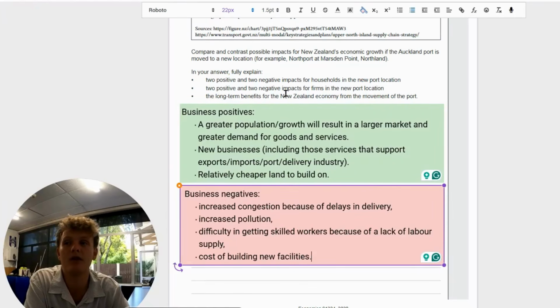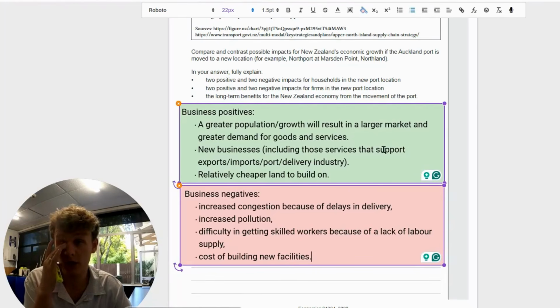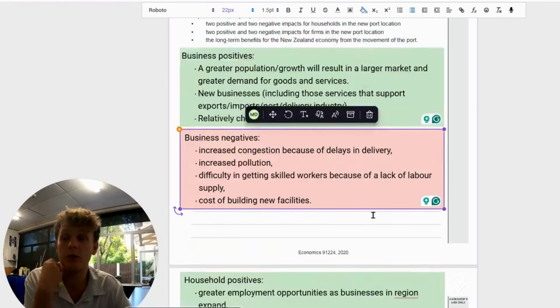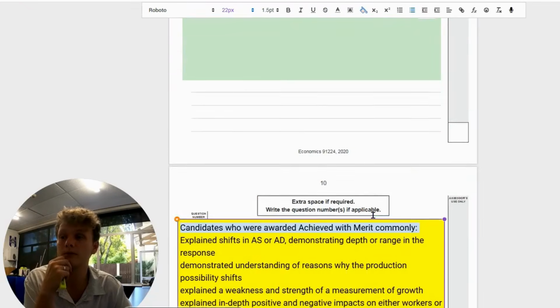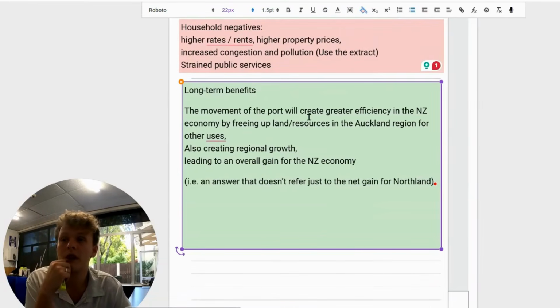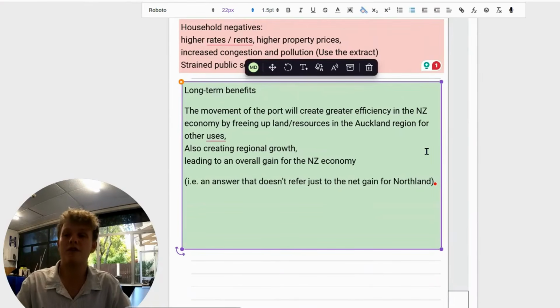The last part is the long-term benefits for the New Zealand economy from the movement of the port. And in this one, we want to talk about long-term benefits. The movement of the port will create a greater efficiency in the NZ economy by freeing up land and resources in the Auckland region for other uses. So if the port moves away, all of that land now becomes available for something else. And then the